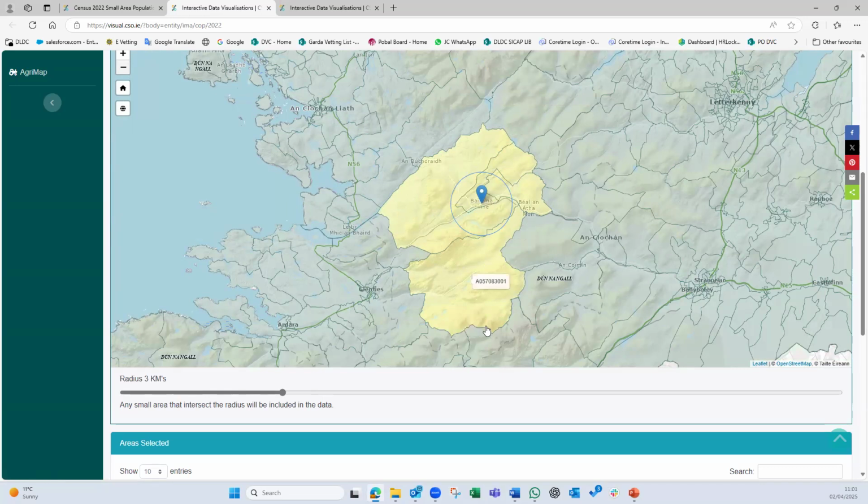So if you look out here, this is very far from Fintown, but considering that there's 150 people roughly, or 150 to 300 people living in this big, massive area, they could all be living down here or they could all be living here, but ultimately it's just about judging and getting a sight for how it is you're doing it. Here, similarly, if anybody who's familiar with the road from Fintown to Doory, there's very few houses out in this area, but any area that's touched within the 3 kilometers appears in the information